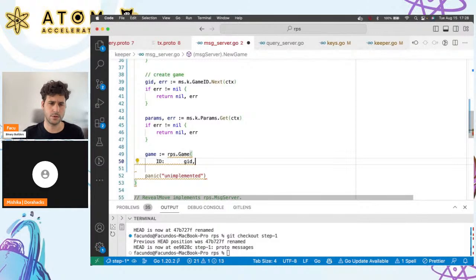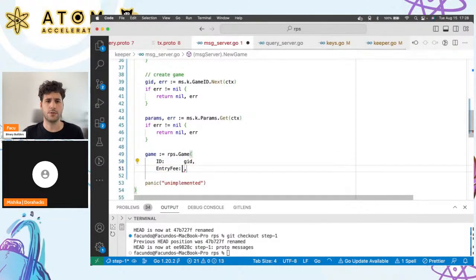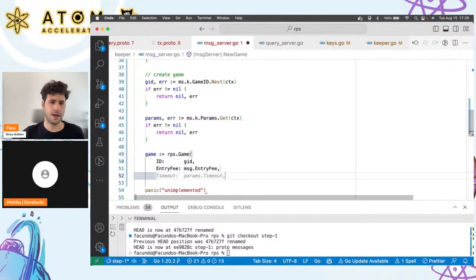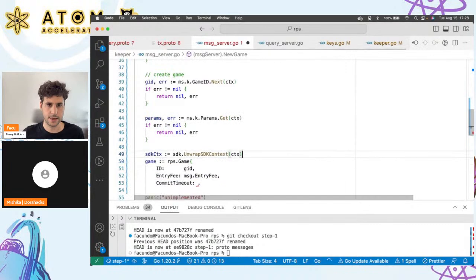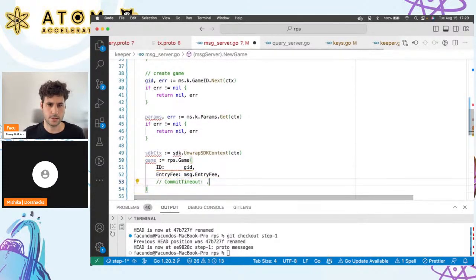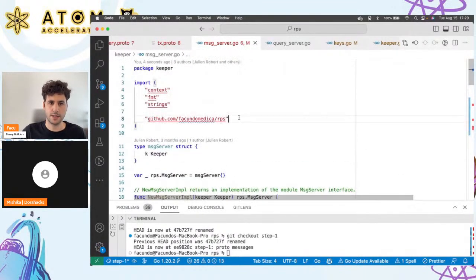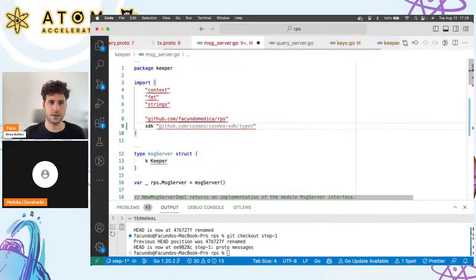So we are going to set the ID, we are going to set the entry fee, and for commit timeout, we need to have a time. For this, we're going to use a little trick, which is unwrapping the context to get the block time. Let's see if I can get it to, okay, no, we need to import it manually, but this is just the types